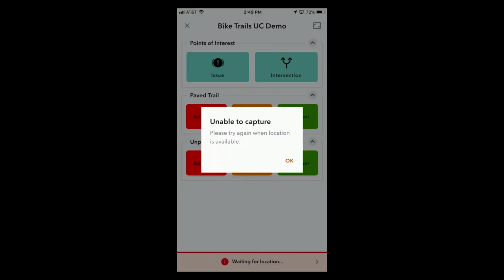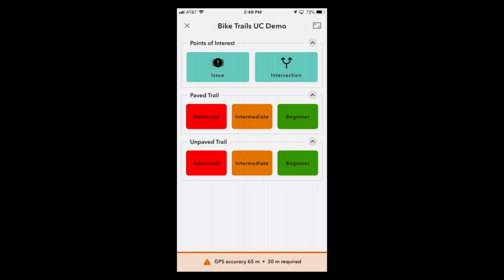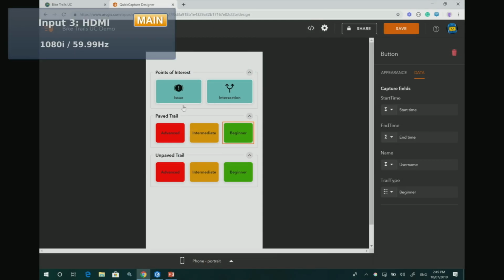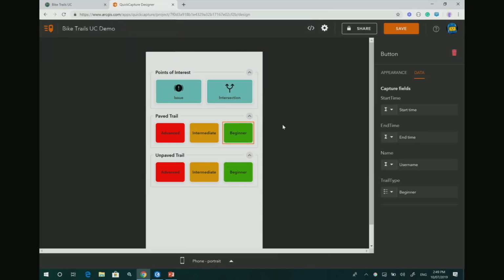I'll wait for a location, and we'll collect an intersection. Now this is great, working as designed, but I've remembered that actually I want the users to be able to capture a picture when they capture either an issue or an intersection. So again, let's jump into the designer, and in this case,